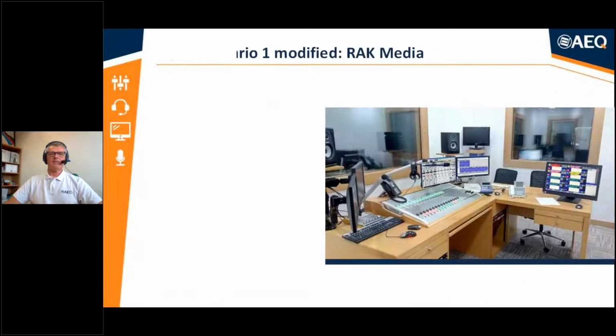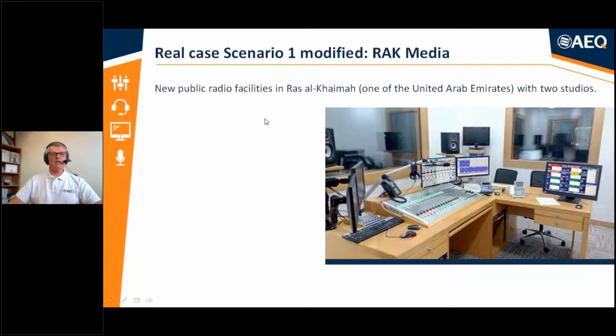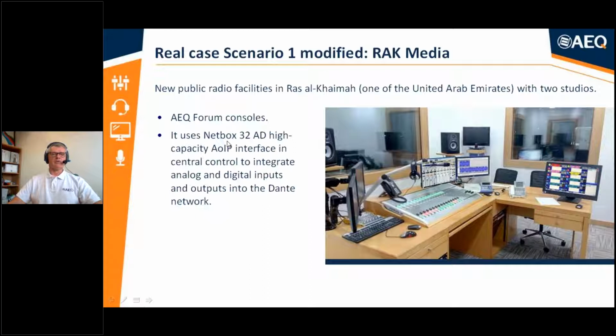All right. We'll give you an example of this, and the first one we will show you would be a real case scenario, which is RAC Media. It's a relatively new public radio facility in Ras Al Khaimah, in the United Arab Emirates. It uses forum consoles in this case, and it's using a Netbox 32AD audio analog digital Dante network